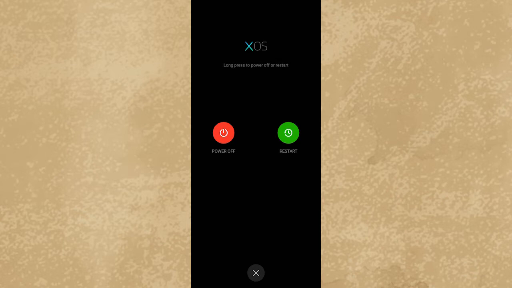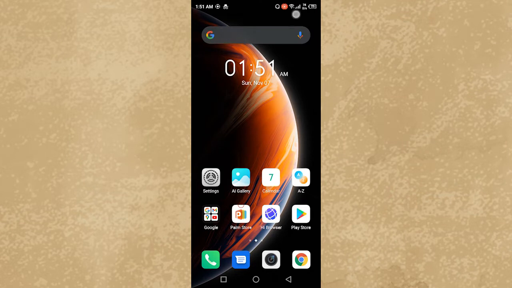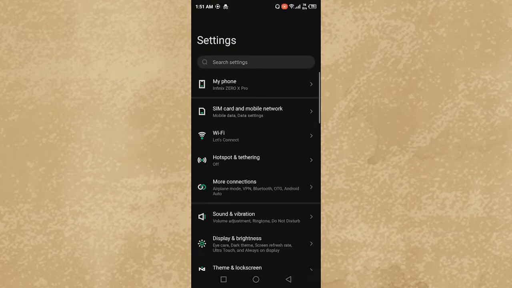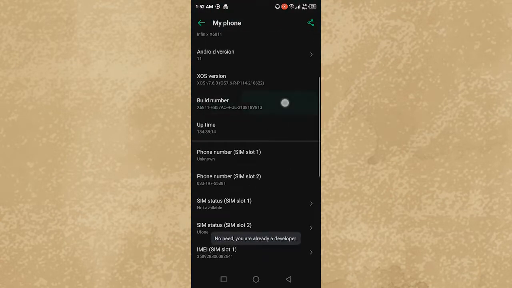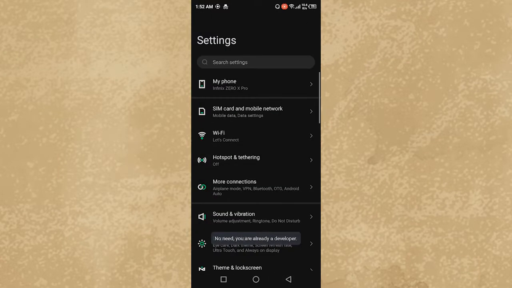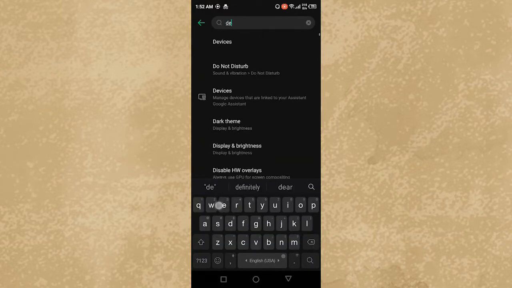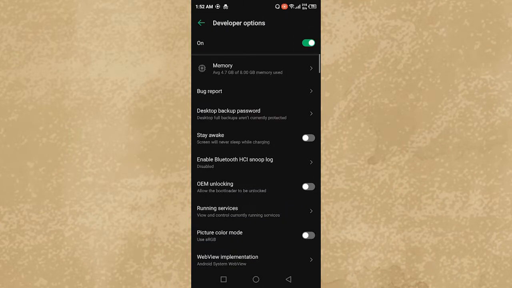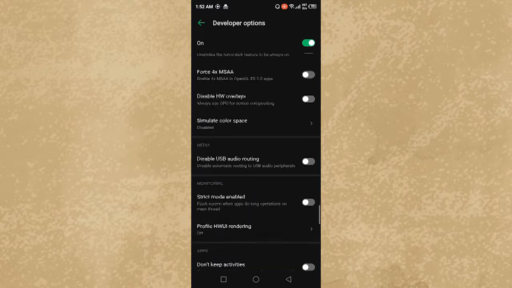or selecting restart. If it doesn't fix your issue, then you can go to your settings, go to About phone, and click on the build number 2 or 3 times so that the developer options will be unlocked. Now I will go to the developer options here and scroll to the bottom where you can see